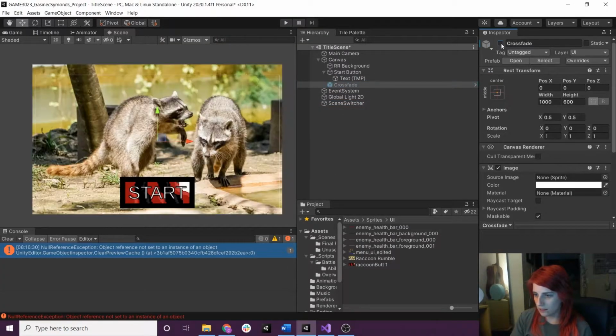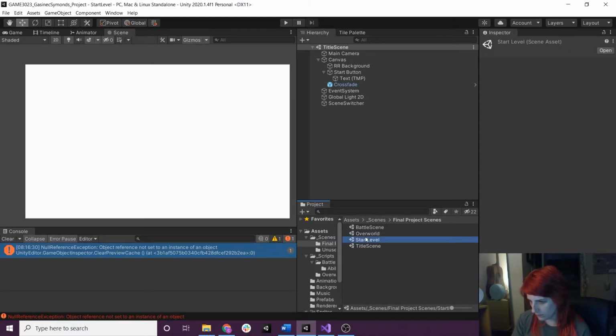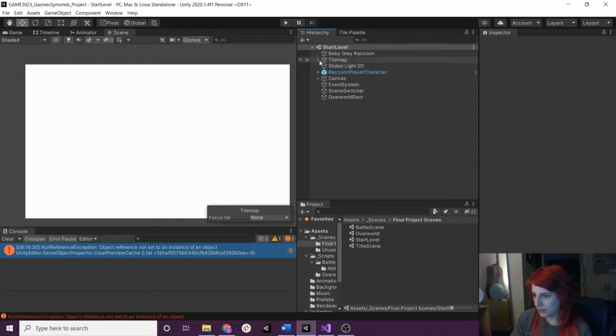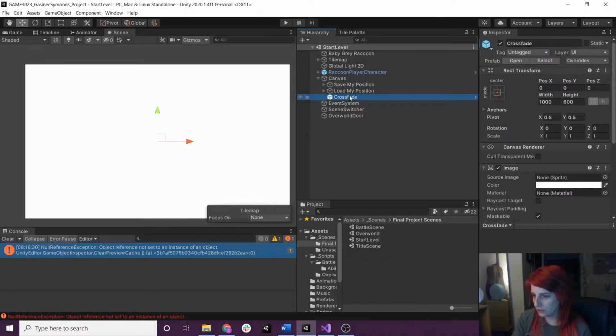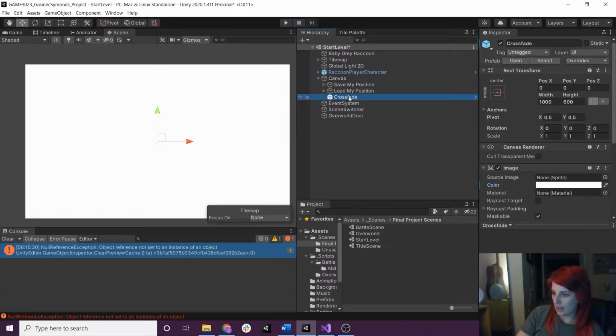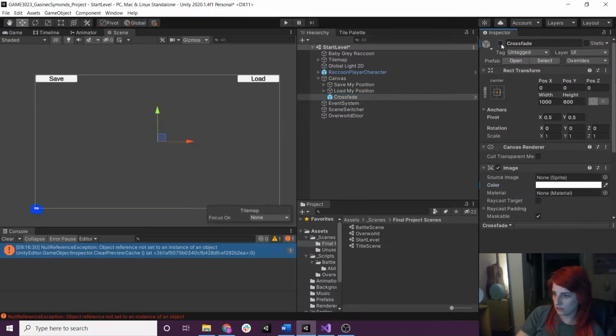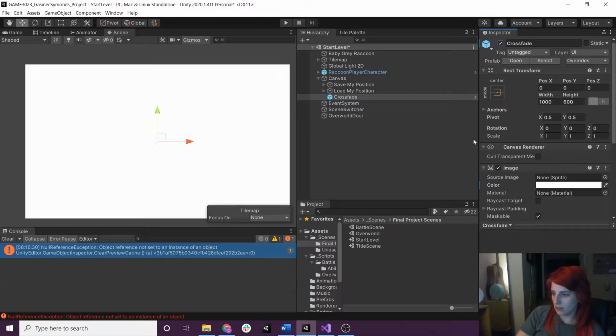The first thing I did was, maybe we should go to a game scene to show this. Start level. I just added an empty canvas UI image thing that was very big, and I left it white because this is a Christmas game, but you can change it to any color you like in here. And then I added to that, so you can see that the scene is behind this. I added to that a